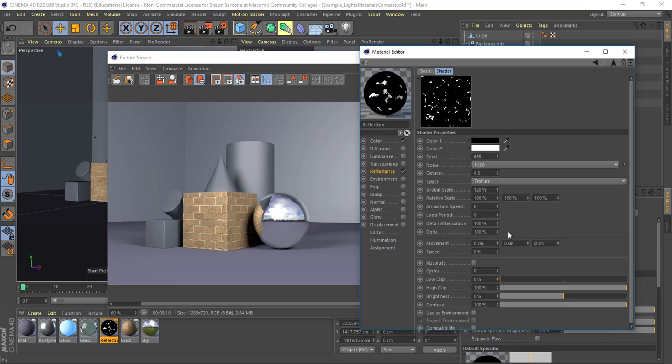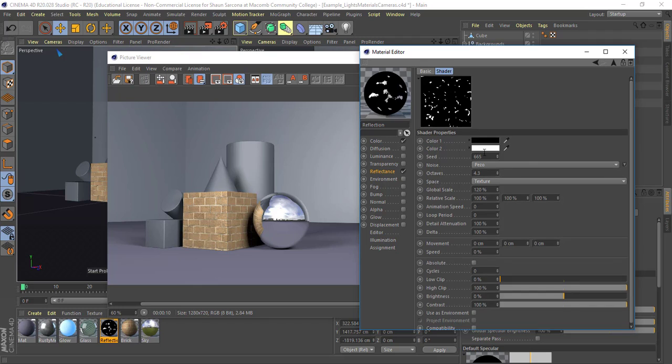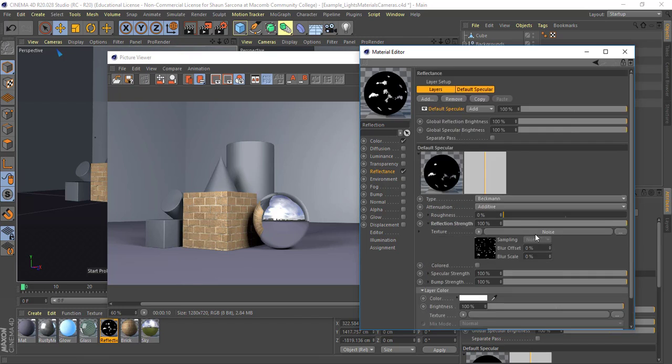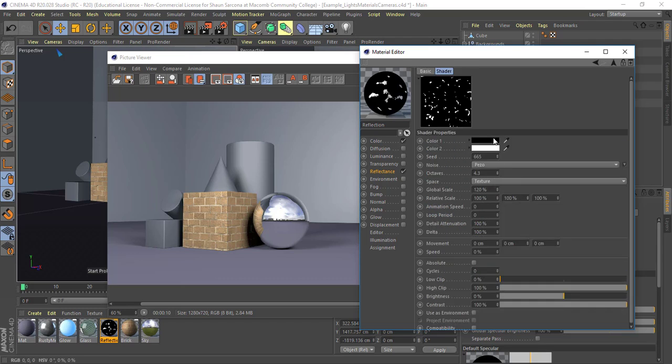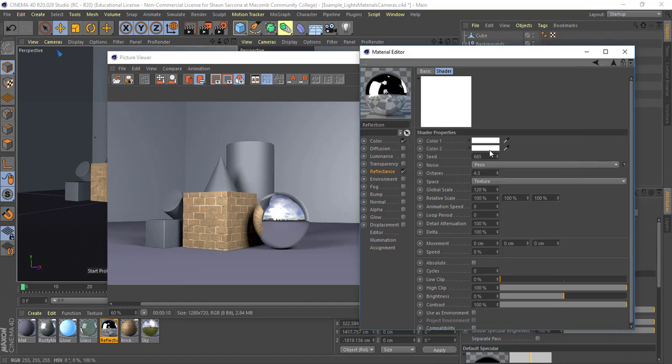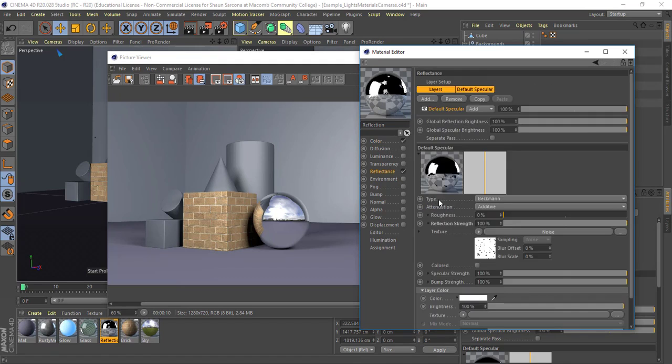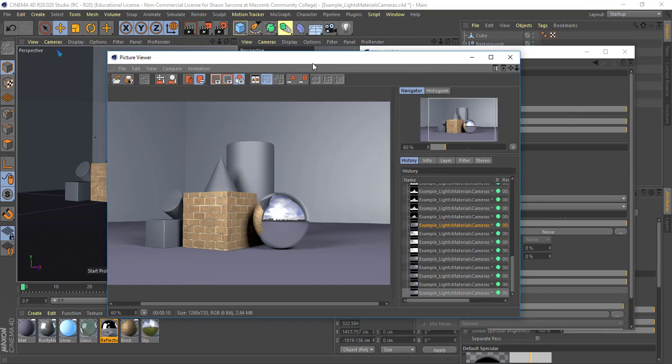So I'm going to click on this, and somewhere inside here, typically there is an invert. Nope, I don't see an invert. That's not a big deal. All I have to do is just swap the colors. So this will be white, and that will be black. There we go. So now under color, it's black and white, and under reflection, it's white and black. And so now when I render this,